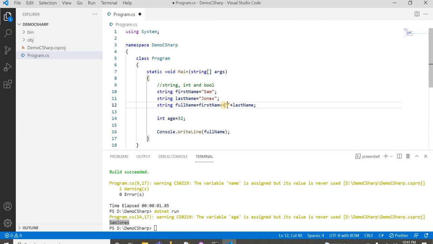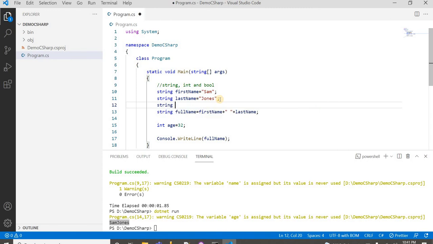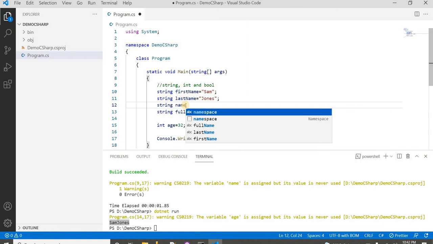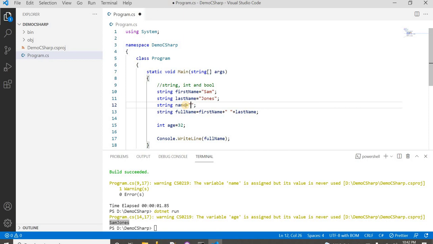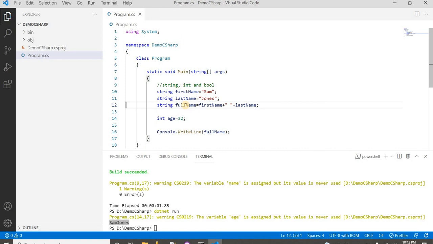Let's say there is a string, and the string name is, let's say, name something. If I want to put an empty value, I can say it like this. If I want to put a space, I can give a space like this.